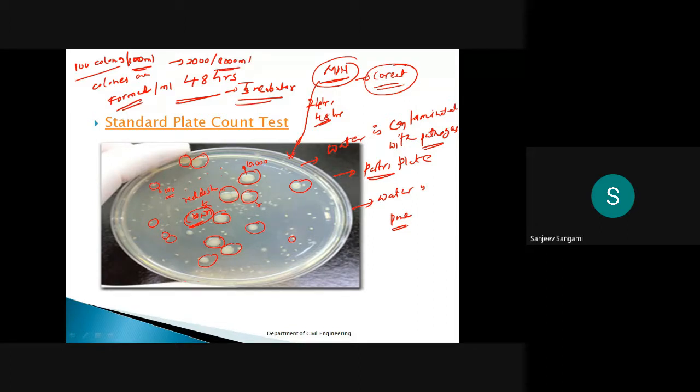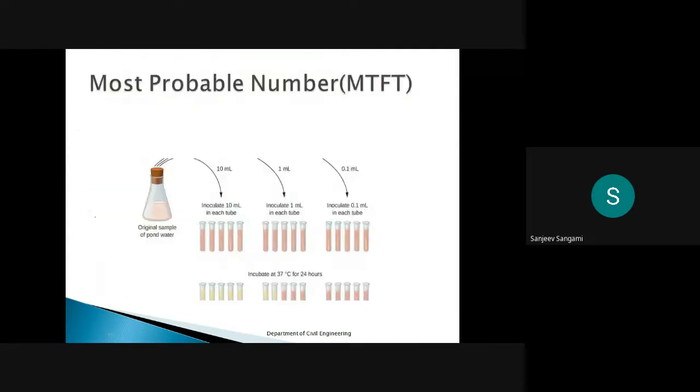If you use 100 ml of water, then represent it per 100 ml. Suppose you use 2 ml of water for distributing the sample over this media and plate, then you say it is 100 colonies per 2 ml, or 100 colonies per 3 ml of the sample you have selected. Then there is one more test that can represent it more accurately.